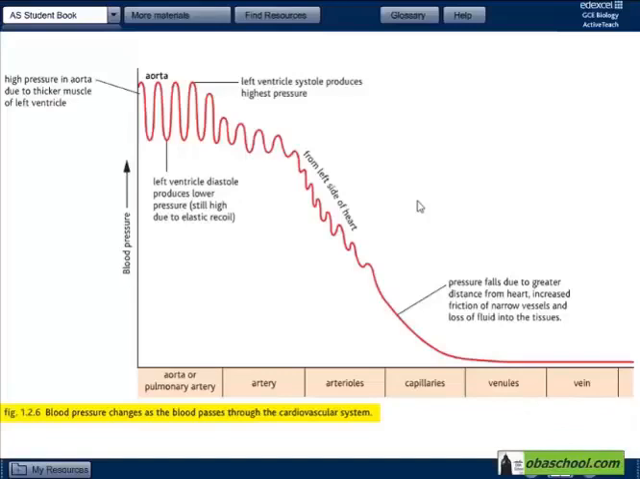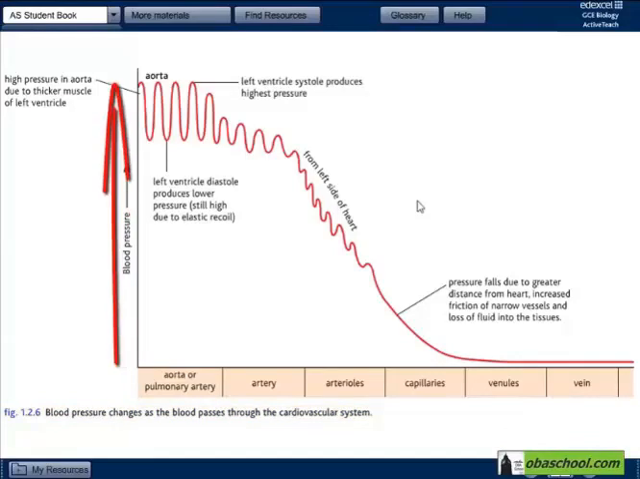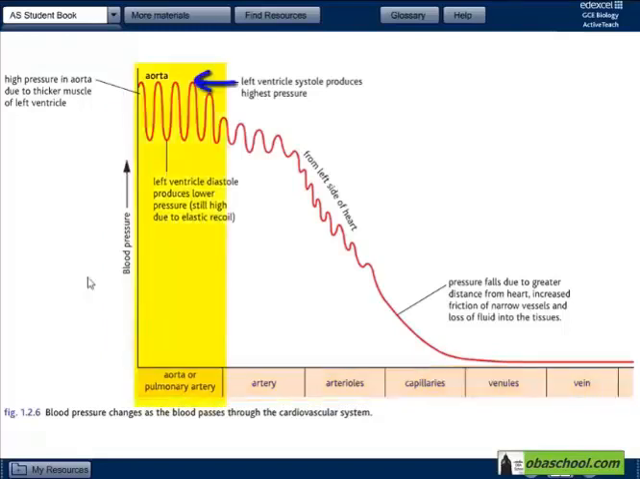We're going to look at the blood pressure changes as blood passes from one kind of blood vessel to the other. So on the y-axis we have the blood pressure, and on the x-axis we have the different blood vessels. So we start off with the highest blood pressure in the beginning of the journey of blood as it leaves